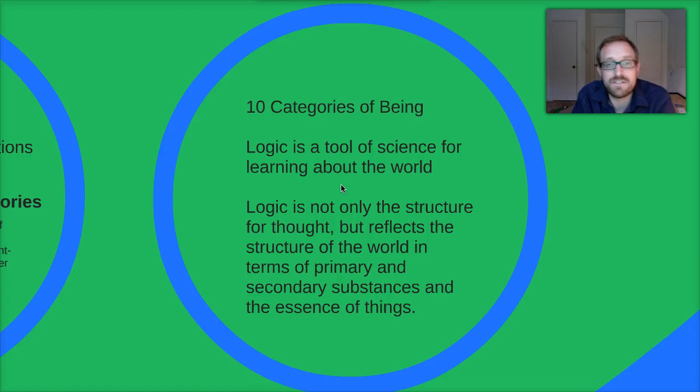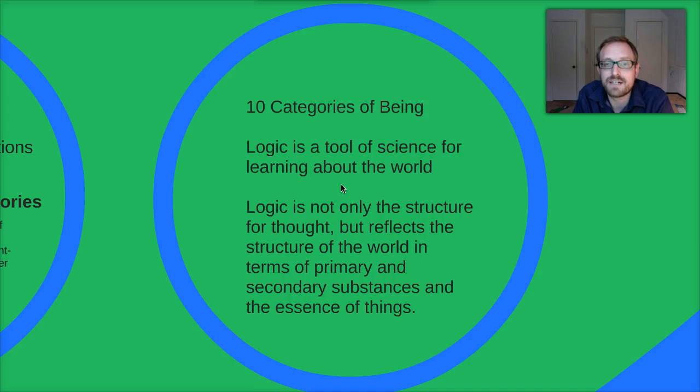Now, Aristotle eventually articulated what he called the 10 categories of being. And we won't go through those now, but there's a lot of different ones, like the time of something, the location of something, the relation of something, and so on and so forth. These are the categories by which we can analyze or investigate being. And so Aristotle is developing categories and then trying to develop a categorical system for the analysis of whatever it is the science is working with.